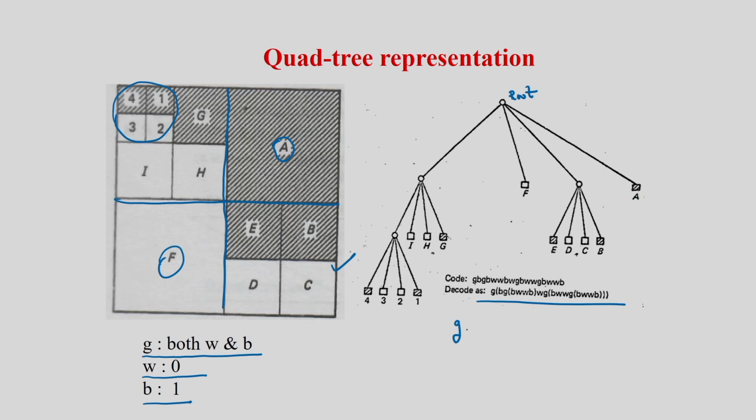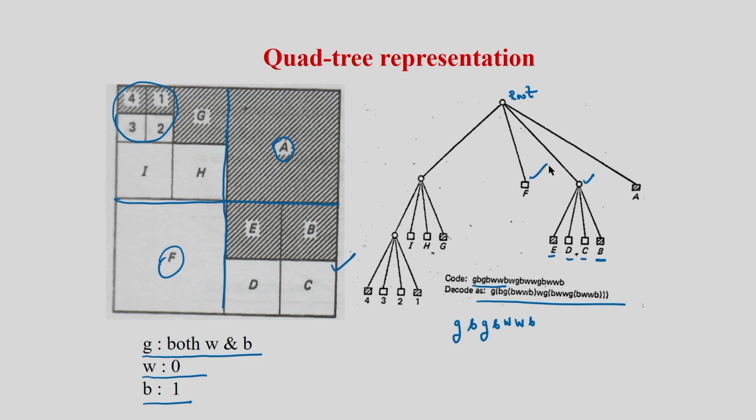The region A is white. The other region is black. After this I am getting the second region, that has both black and white, so that is why I am considering it as gray. Okay, and after this, within this gray, you can see I have the black one. So this is my black one, white one, another white, and after this again black. So up to this I am getting this one.